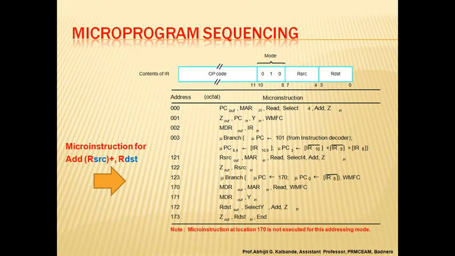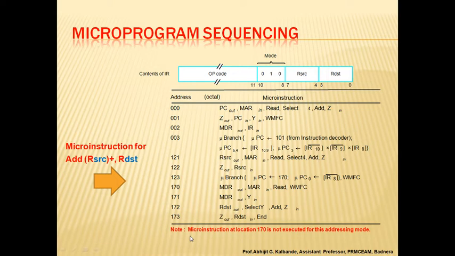Now that particular microinstruction sequence will be given along with different addresses. If you observe, it starts at address location 000 and ends at address location 173, but it continues up to 0123, and then it branches directly from address 3 to 121, then 120 to 123. After 123 it branches again because it waits for the machine function control complete signal, then it switches over to 170, and then continues in a sequential manner.